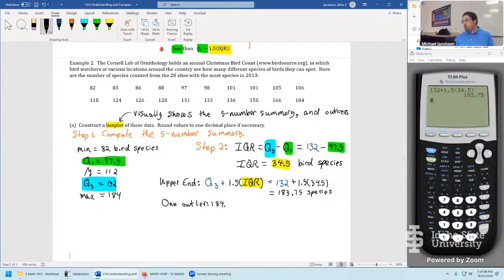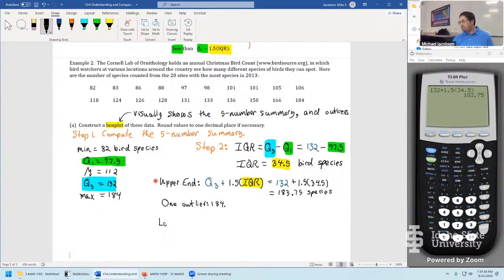Okay, there could have been no outliers like on the last problem. There could have been many outliers. If this came out as, say, 140, we would have flagged 150, 166, and 184 as all outliers. But for this particular data set, it's just that unique observation. So then after doing that, we just rinse and repeat, do it all over again.